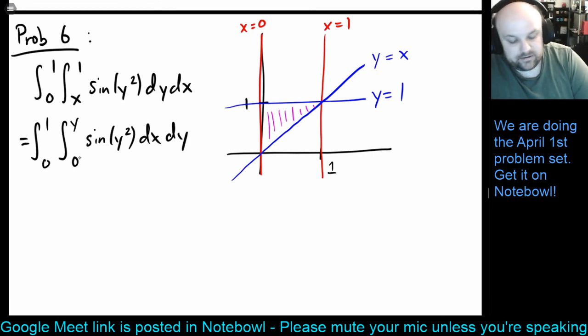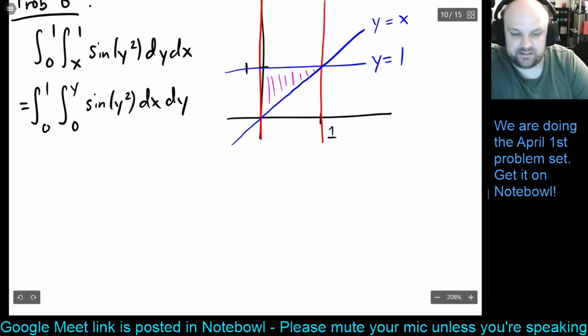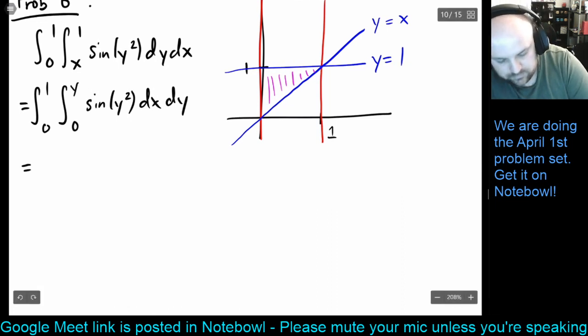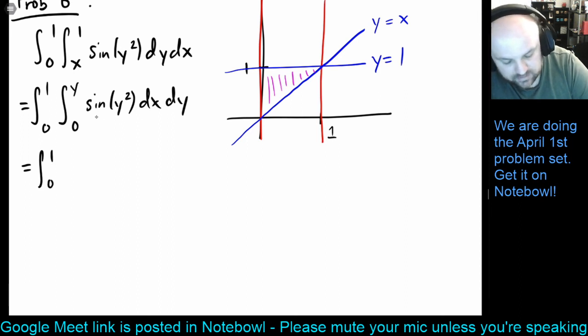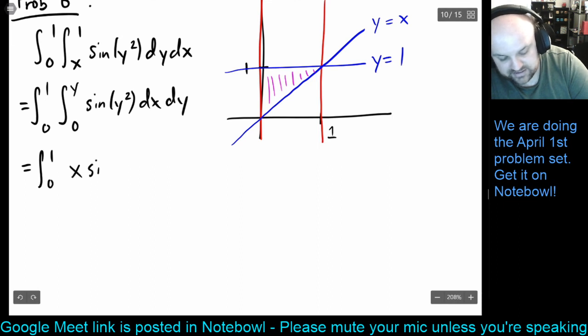Right. So now we should be able to do this. Let's go ahead and compute this one. Right. So integrate this from 0 to y. Let's see what we get here. So all of this is just a function of y, so it's a constant as far as x is concerned. You'd get x sine y squared from 0 to y dy,